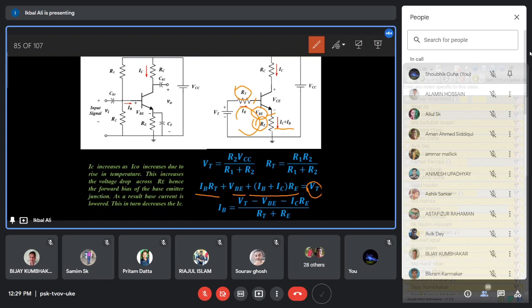So this is the KVL equation for the input side, this loop. Is there any difficulty? No, sir. So this is the input side equation. Now you see that if you don't make an equivalent circuit or simplify the circuit, then at the input side you have two loop equations in the original circuit. So instead of two loop equations on the input side of the original self-bias circuit, you now have only one loop and one KVL equation. So you have to solve one less equation if you simplify the circuit. That is why we have simplified the circuit.